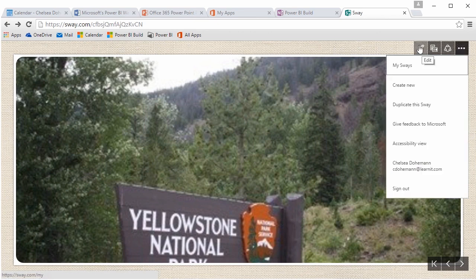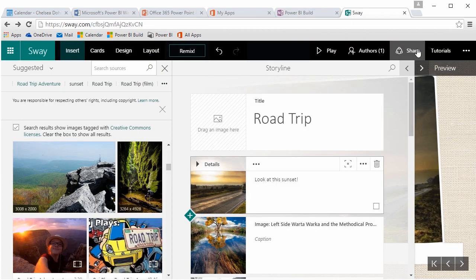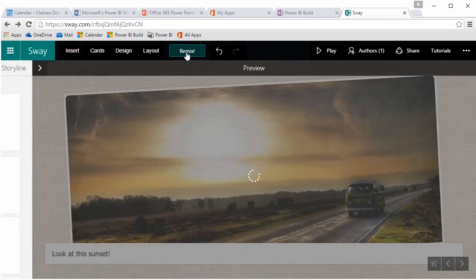When I'm done, I can click on the Edit button up here to edit it, or I can choose from my More options and look at all my Sways or create a new one or duplicate this particular one. I'm going to go back into editing. Let's say I kind of liked that, but I didn't love everything about it. And I want to see if there are some other options that I could use with the same pictures and the same words. I can simply go up here and click on Remix,